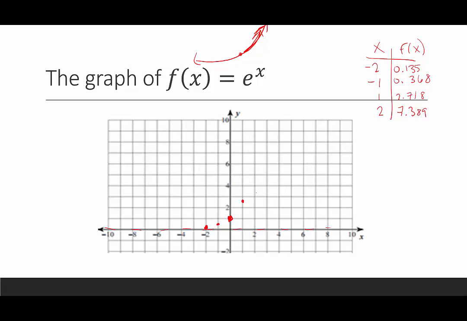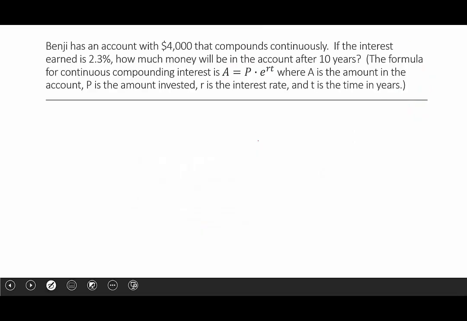And then 2, 7.3 would be maybe here. Again, this won't be perfect. We want to use a smooth curve to connect these. So you can see that critical point, it gets flatter as we go towards the negatives, and then it kind of shoots way up as we go towards the positives. In our last slide,